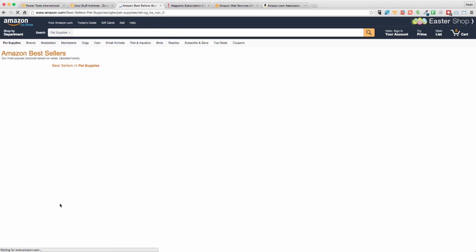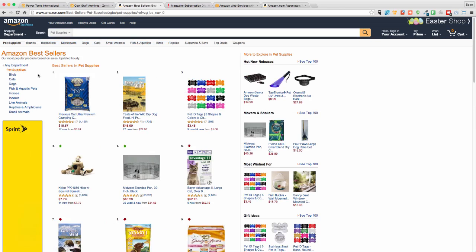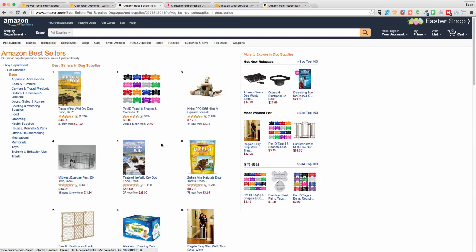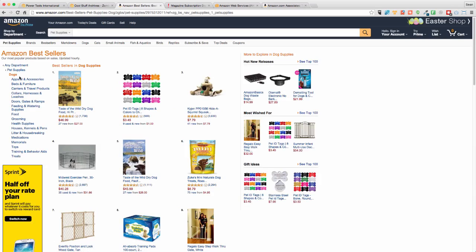For example, I could go to pet supplies, as just a random example, and maybe I want to create a dog store. Okay, so I can go to dogs and look in there: what's best selling in any one of these categories? And here's the cool thing: this is all of your categories laid out for you. So if I had a dog store, I could have apparel and accessories, beds and furniture, carriers, and all this. These could be all of my categories. I could literally map these out as the categories, and I get a great idea about what's going on out there.